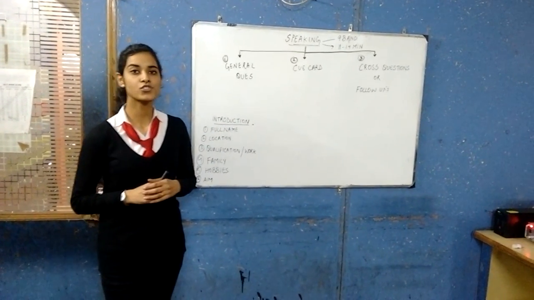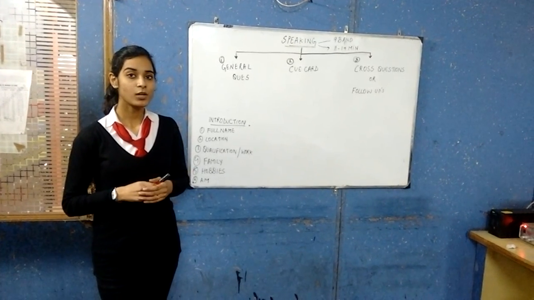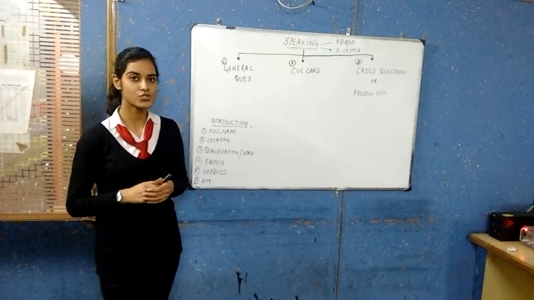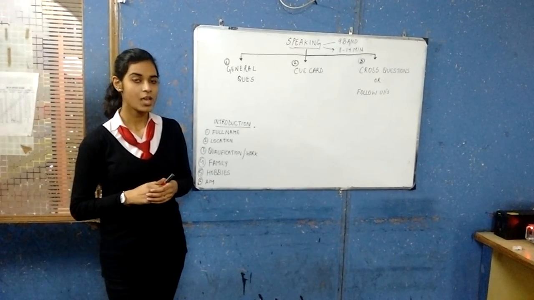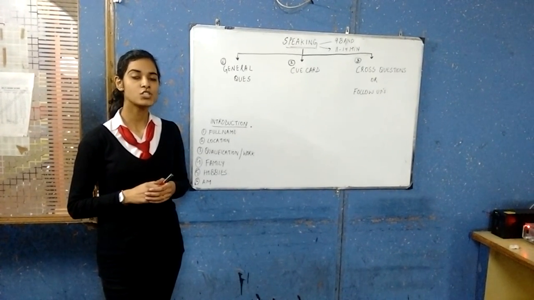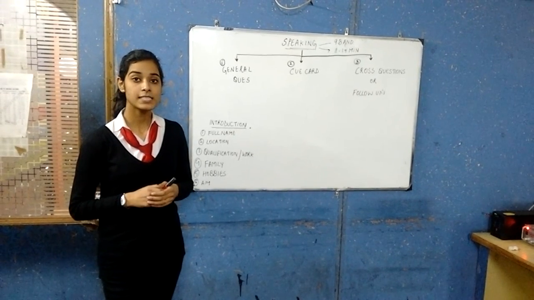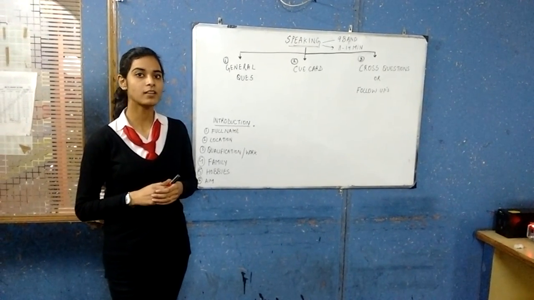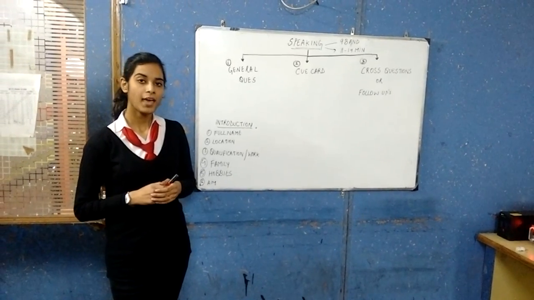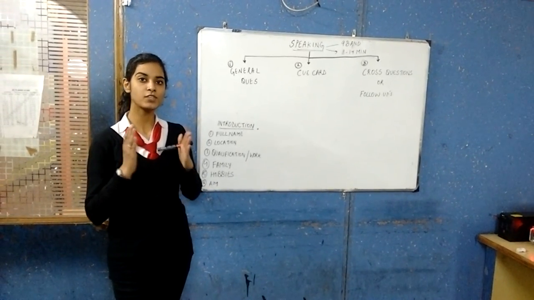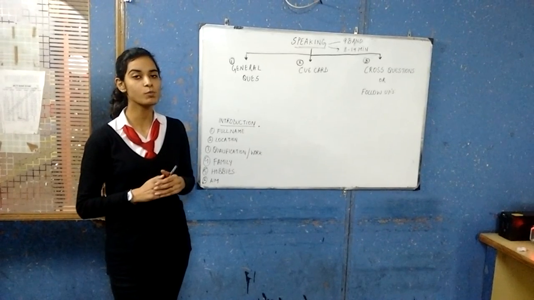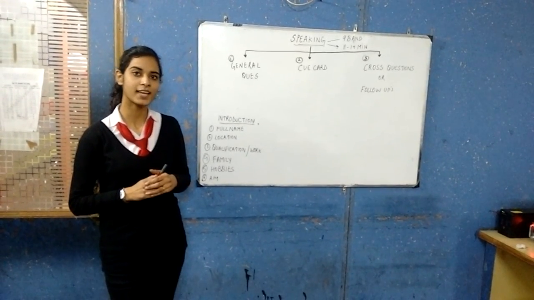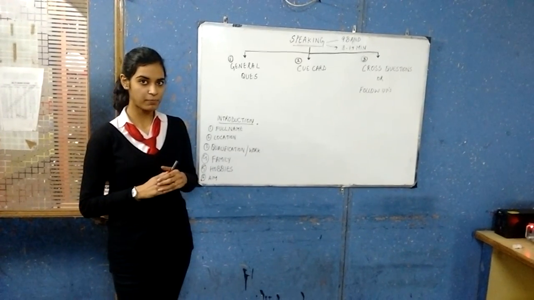Second thing is your location. Why I have said location, not your hometown? Because you have to give your full location, not only your hometown. For example, if you are from Ambala, don't just say that I am from Ambala. Say, I come from a city named Ambala, which is in the northern part of my country. Here, what you have done, you have given the full location of your hometown to the examiner, and you haven't given any chance to the examiner to ask you the second question. This is a better performance.